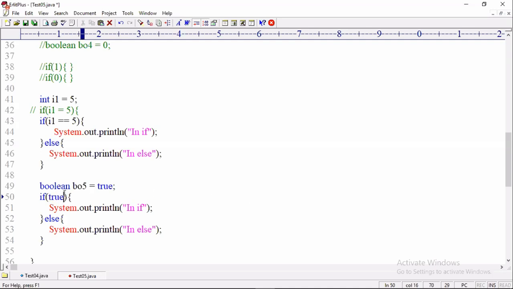True. If true, accepted or not? Yes, that's why no error. Is it clear? So assignment is not the problem, the result that comes is the problem. Did you understand?